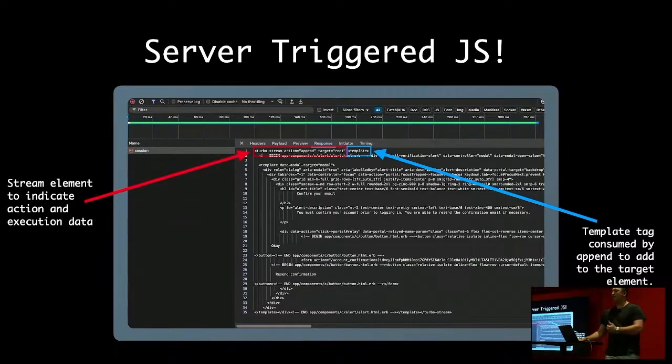In this case, it's another custom element that comes with Turbo called a Turbo Stream. That Turbo Stream has 2 things on it. It has an action, which tells Turbo which pre-canned JavaScript action it wants to take, and it has the data necessary to execute that action. So in this case, we can see it says action append, so we're adding something, and then the other data that's needed is a target. So the target in this case is telling it, go find an element with ID root, and then it uses the template tag that it ships to take everything in that template tag and append it to the root element